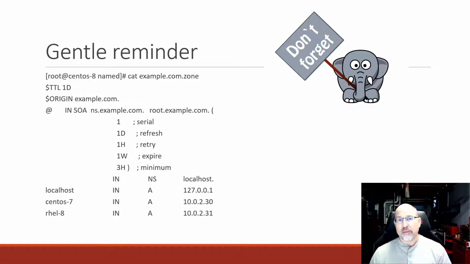So as a gentle reminder, this is what a zone file looks like. And we just want to take a look at this to remind ourselves about the things that are in there, because this is really what we're going to talk about in this particular video. So we've got the beginning part of the stuff, right? The time to live. We'll see what that means here. We know about the origin statement. We've got the start of authority portion, and then all of our resource records. This one happens to be a forward zone, but it doesn't really matter because we just want to remember what's